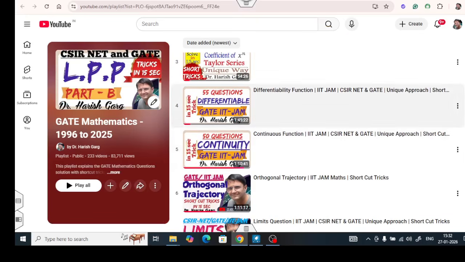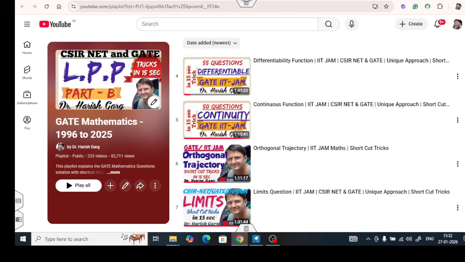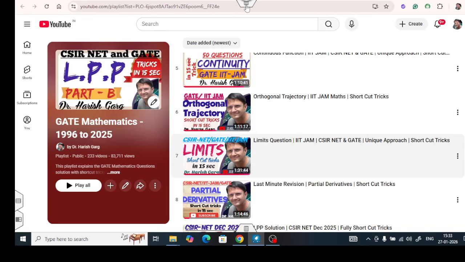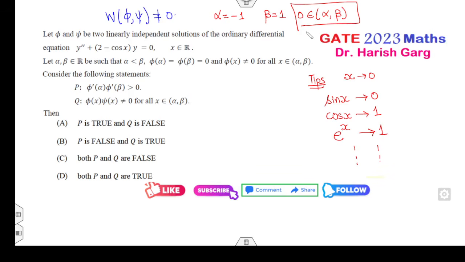लुकिंग फॉर दी कंटिन्यूटी एंड डिफरेंशियबिलिटी, फाइन, और इस लिमिट्स में मैंने आपको एक शॉर्टकट ट्रिक्स दी थी, क्या शॉर्टकट ट्रिक्स दी थी मैंने आपको, वेन एवर यू हैव द एक्स अप्रोचेस टू द जीरो, यू कैन रिप्लेस साइन एक्स टू बी 1, सॉरी साइन एक्स टू बी द जीरो, अगर आपको याद आ गया हो, फाइन, कोस एक्स टू बी 1, e raised to power x टू बी 1, फाइन, यही शॉर्टकट ट्रिक्स दी थी, यू मस्ट वॉच इट बच्चों, ये ट्रिक्स आपको कोई और नहीं बताएगा आपको, फाइन।